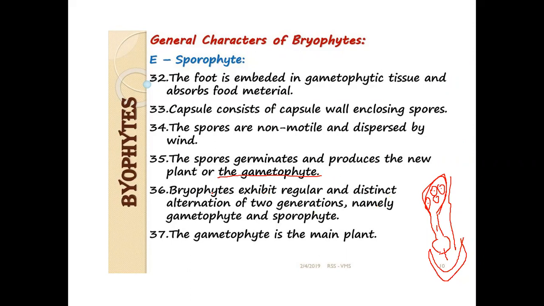So in Bryophyta we see two different generations, so we call it alternation of generations. Alter means different: the sporophyte and gametophyte, they both look different from one another. One is purely